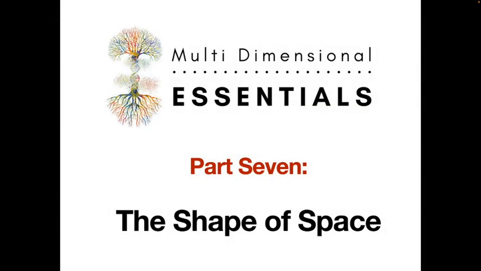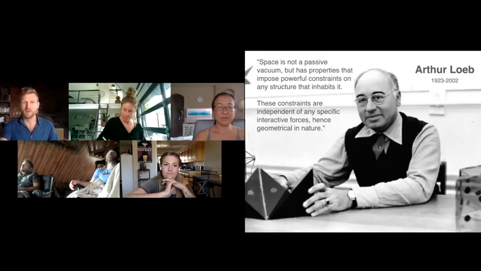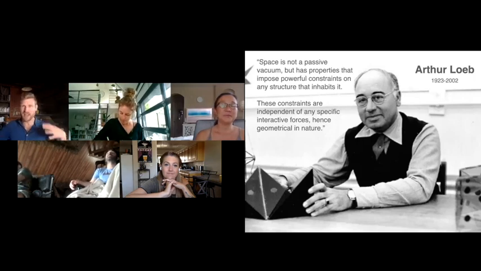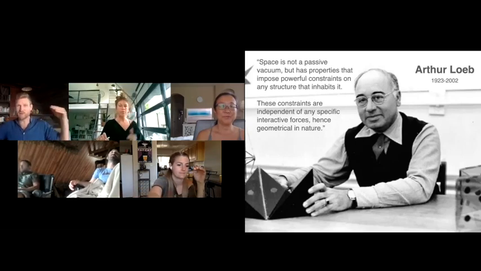All right, welcome to part 7 of Multidimensional Essentials. We are going to dive even deeper into the shape of space. And once again, talking to our friend Arthur Loeb, who was a collaborator with Buckminster Fuller and with M.C. Escher. I mean, when you're talking about the shape of space, who knew more about it than M.C. Escher, right? Like, to make the art that he made, how must his brain have been organizing his understanding